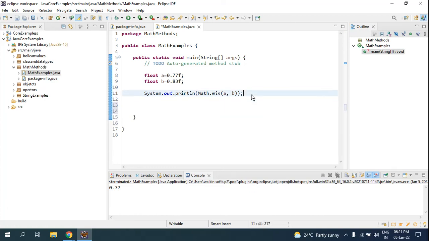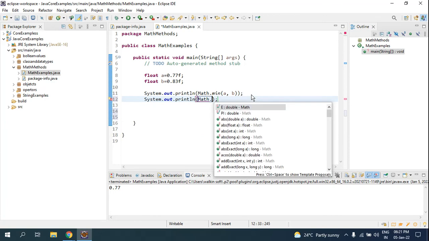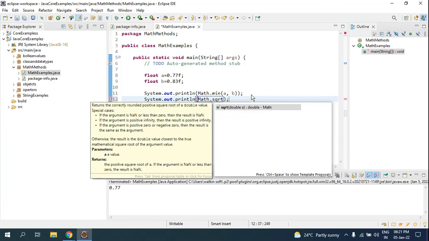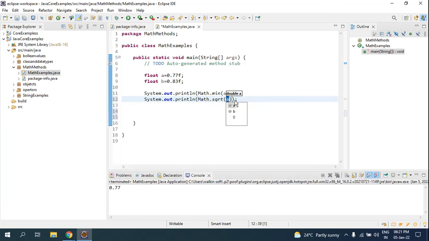So I'll write SYSOUT, and here math dot square root. If you use this method, in the parenthesis you have to give the value whose square root you want to find. Suppose if I give 9, it should give me the value 3, because the square root is 3. You are able to see here it is 3.